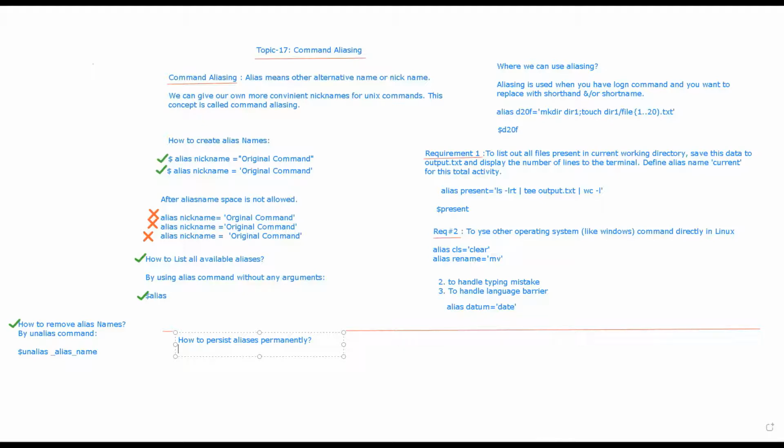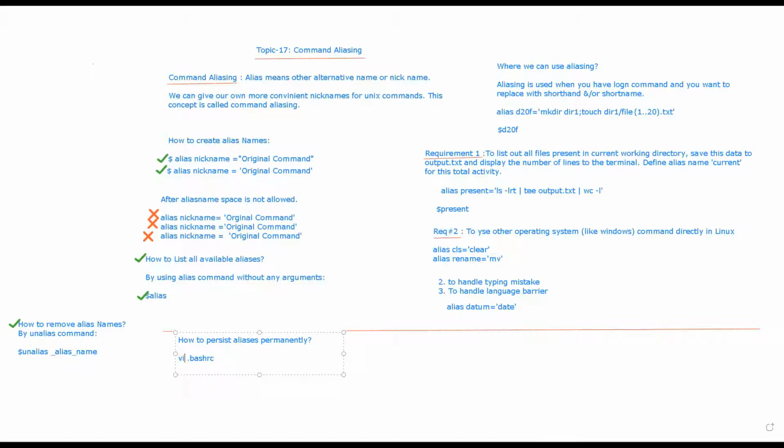What you can do is define the aliases in the bashrc file, which is present in our home directory. So what file do we need to edit? Let's say I am saying vi .bashrc.